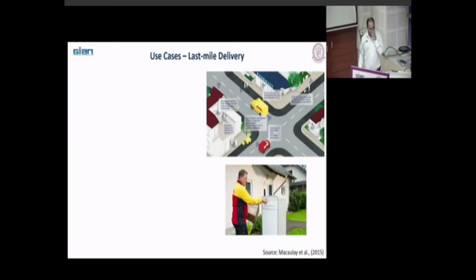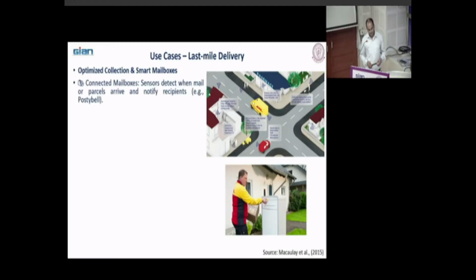Last mile delivery, any idea? What are the applications of last mile delivery? Drone, yes, for last mile delivery to deliver your products. Then what else? Lockers, yes. Lockers, you might have seen only the normal Amazon locker. But what if your product is perishable in nature? You cannot keep it in that locker. So those kinds of lockers are there based on your requirement, which will maintain the temperature of that product.